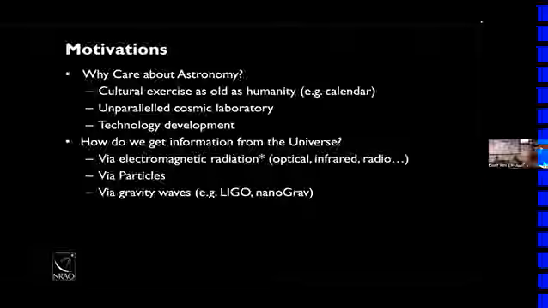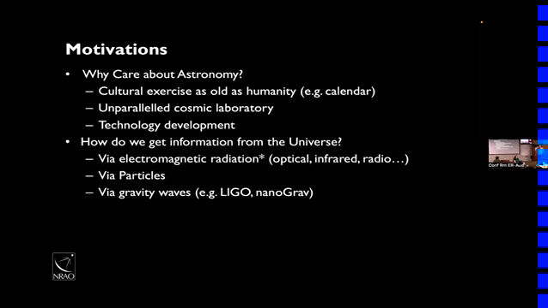Pretty minimal, but particles, right? Things come at us from the universe, right? Asteroids crash down and enter the atmosphere and come down to the surface of the Earth. That gives us clues as to what's going on. And that's very unique, right? We have very little stuff coming at us from the universe. And when we get those things, we can study them. They tell us about the history, at least of the early solar system.